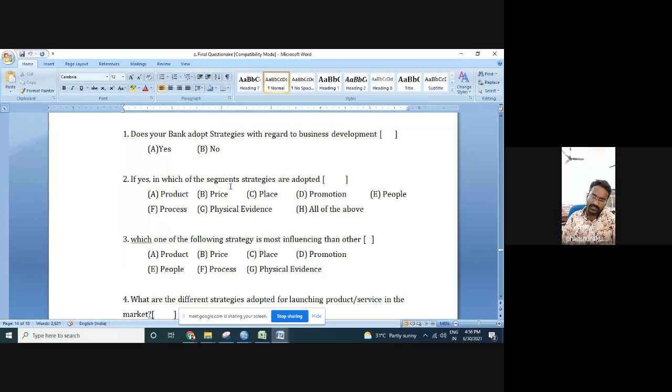Then you make a project study and the analysis part. You can do it yourself, and you can discuss in your groups, or with your mentor, committee, and teachers, so that people can help you in framing the questions and alternatives. You need to think about various alternatives. I already told you that open-ended questions are very difficult to analyze. With closed-ended questions, we give some options, and you choose one among the five, either A, B, C, D, or E.